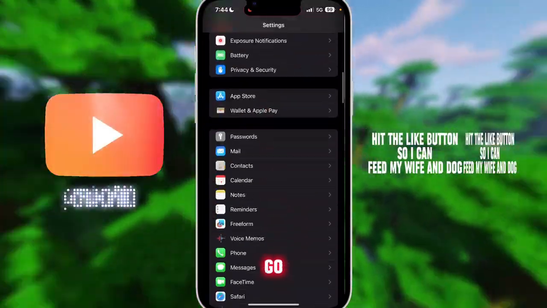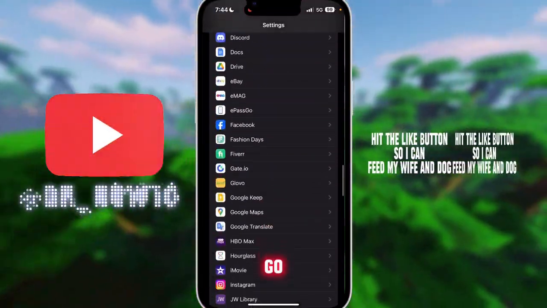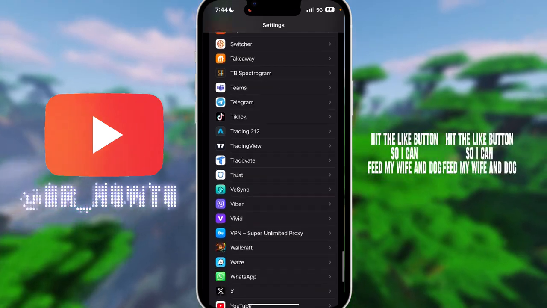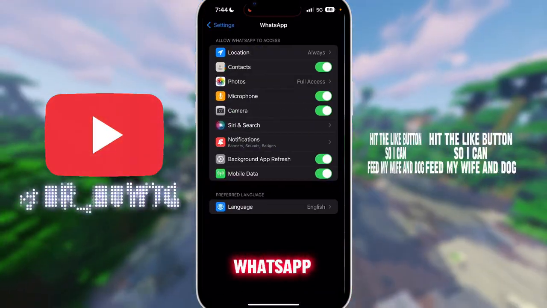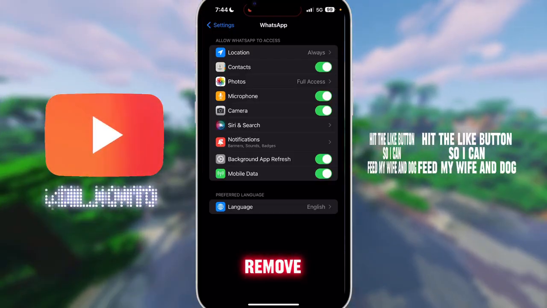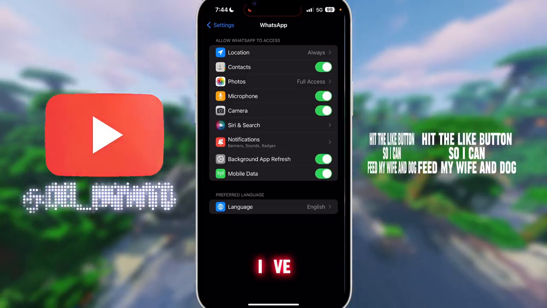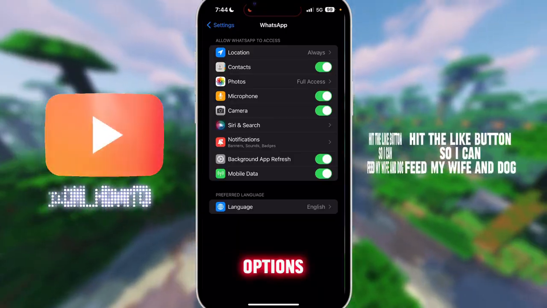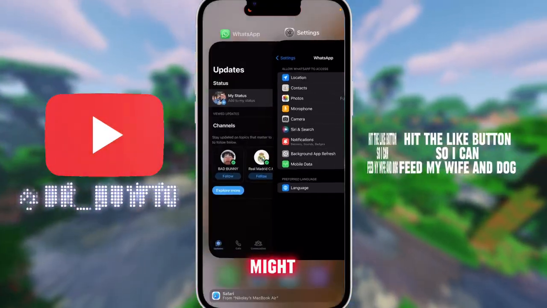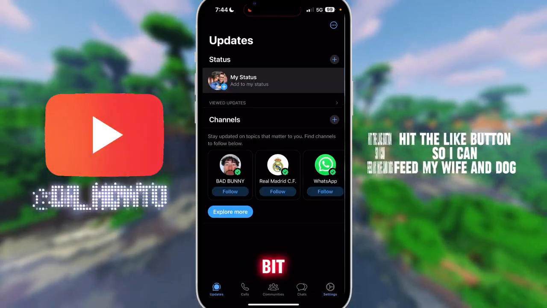What you can do is go to settings, go to WhatsApp, and from there you want to click on WhatsApp, and you can remove some access. I've seen people trying to experiment and remove certain options that might help for a little bit, but in general,